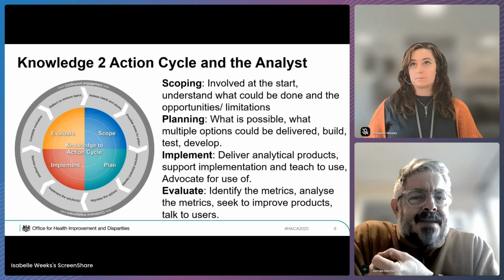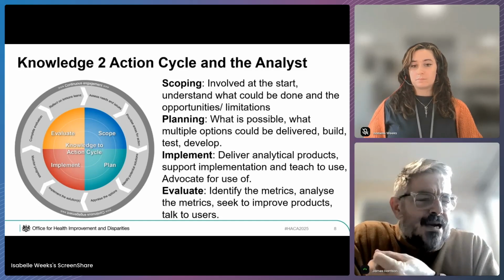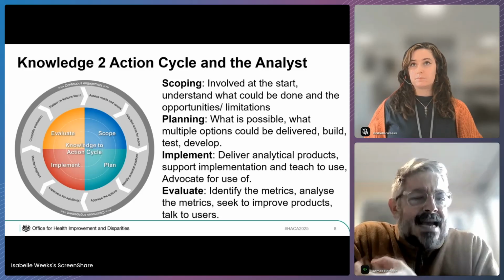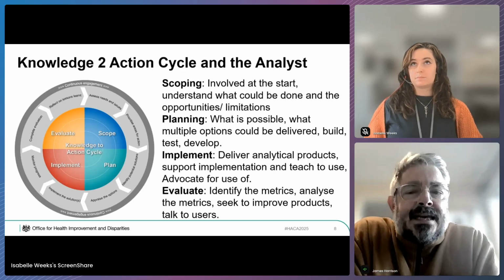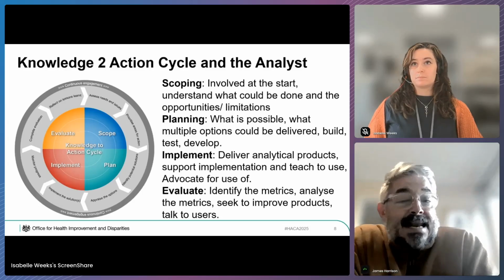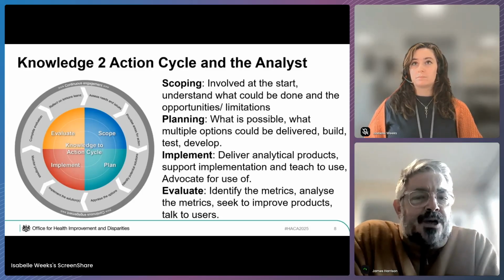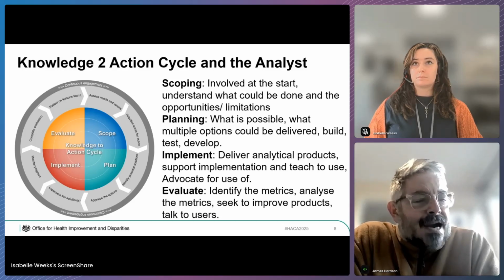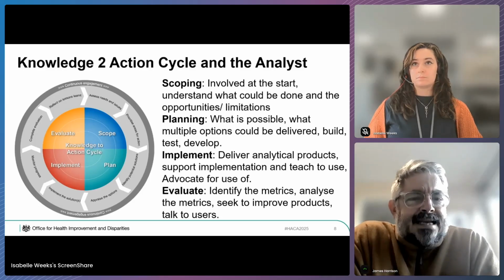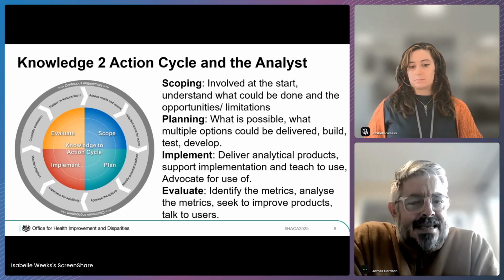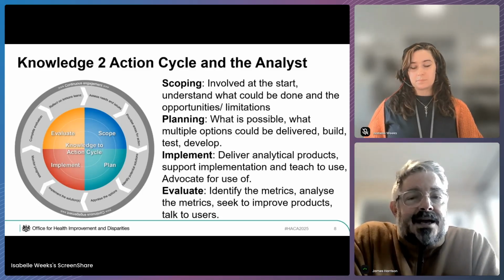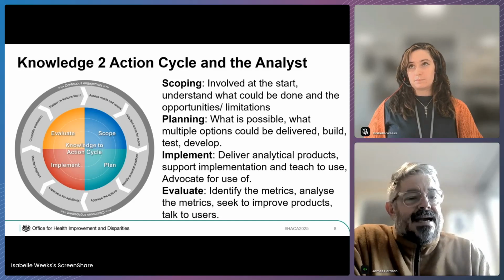And Isabel stated about creating the intelligent customer, really fueling that conversation between two separate, distinct groups of people, but actually hopefully getting on the same page really early, because then that goes into the planning stage. So what is possible? What are the multiple options that could be delivered? Actually looking at an array of routes, not simply just a dashboard or not simply just an Excel sheet, a worksheet, but actually thinking about how do we manage and answer some of these burning questions right at the